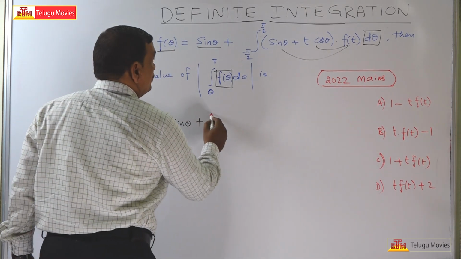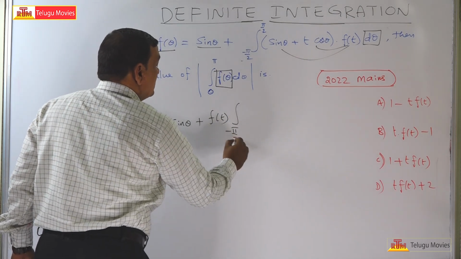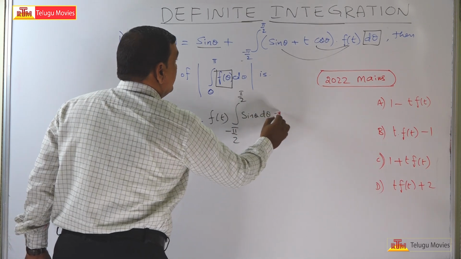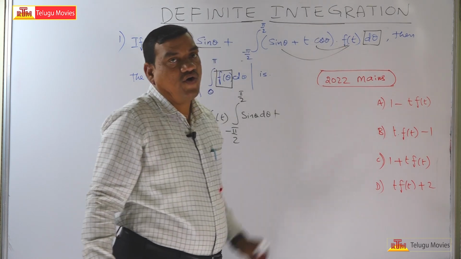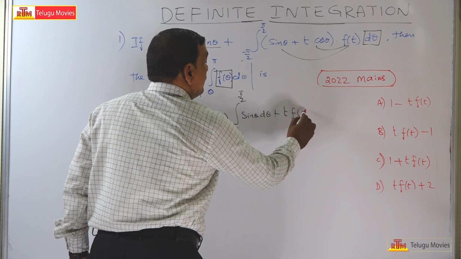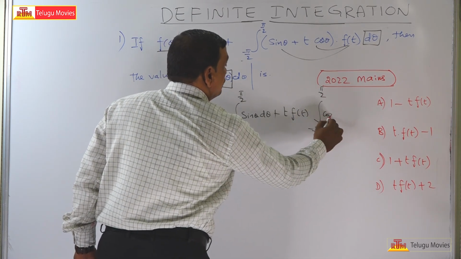So this is equal to, we can take f of t constant outside, integral minus pi by 2 to plus pi by 2 of sin theta d theta. Here the second term is t into f of t, that is a constant. You can take t into f of t outside, integral minus pi by 2 to plus pi by 2 of cos